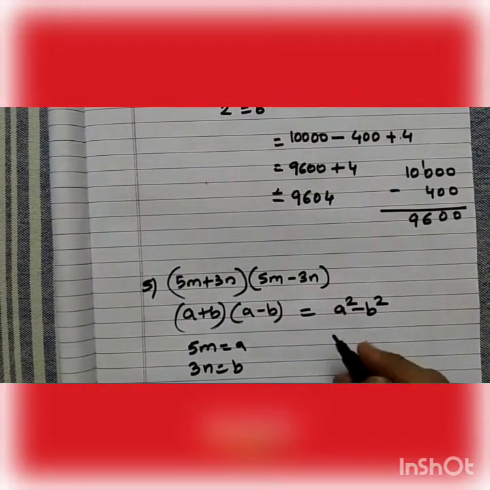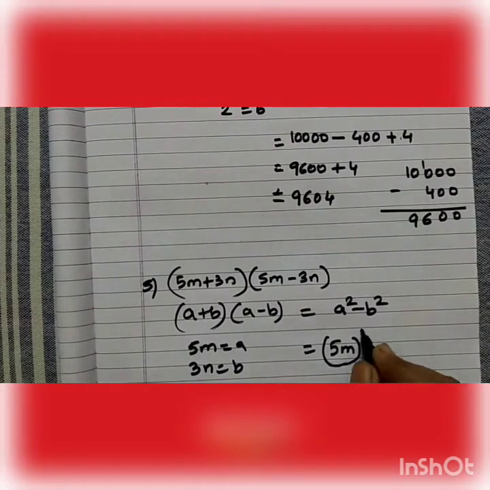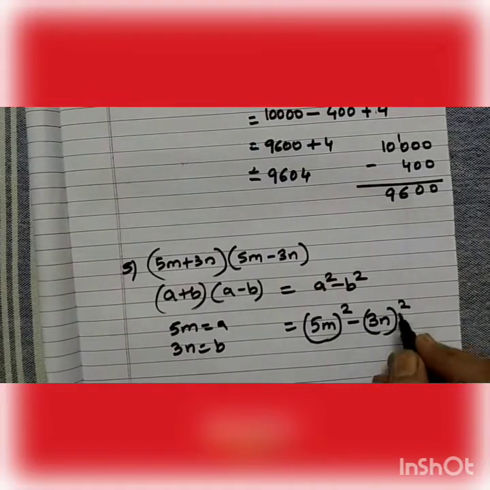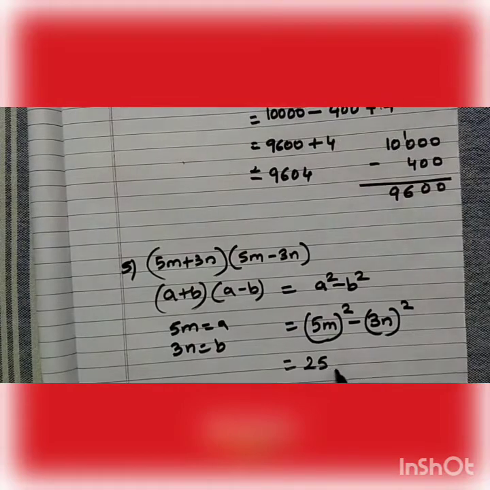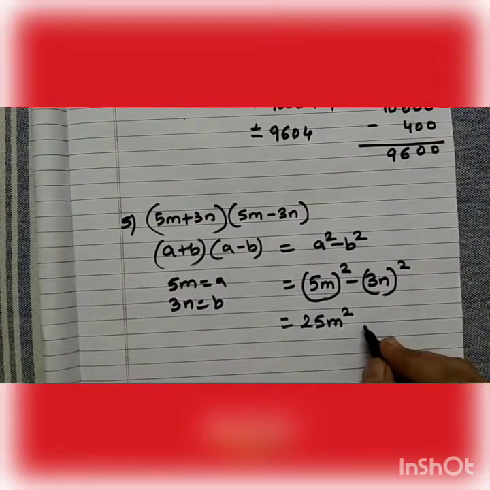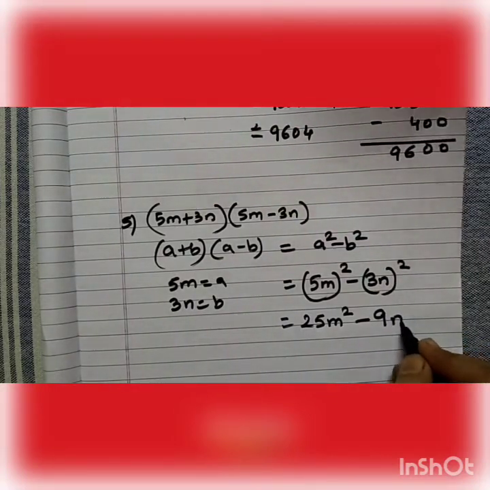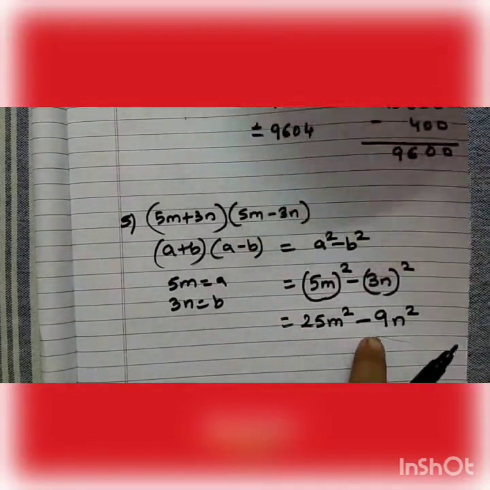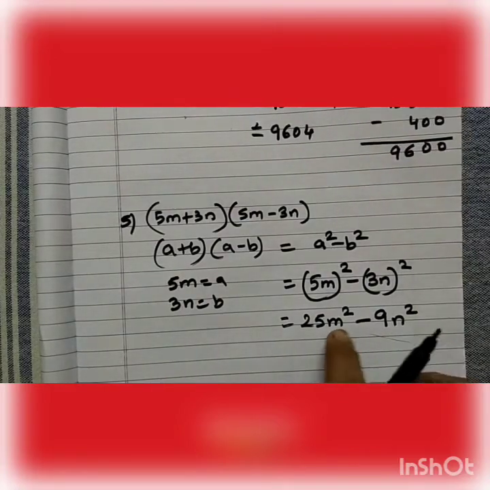Now we will substitute a square. So it is 5m square minus 3n square. So 5 square will give me 25. m square will give me m square only. We cannot do anything about m square. Minus 3 square will give me 9 and n square will give me n square. And this cannot be subtracted. I cannot subtract 25 minus 9. Remember, because this is m square and this is n square. These are different